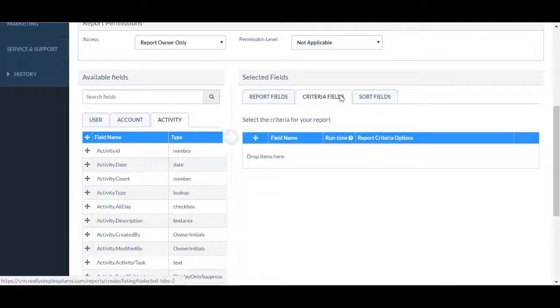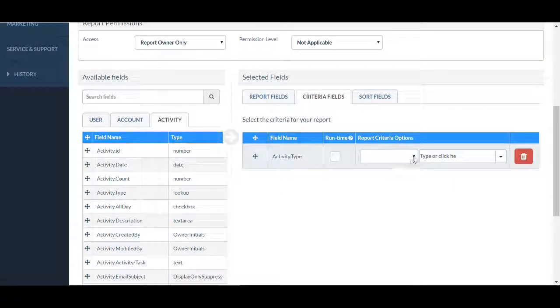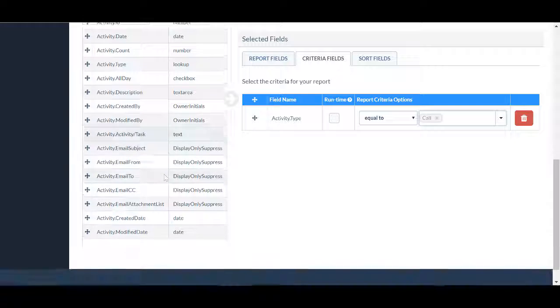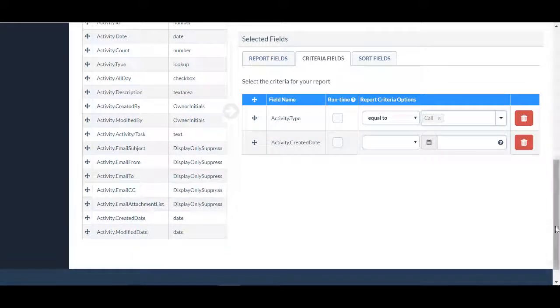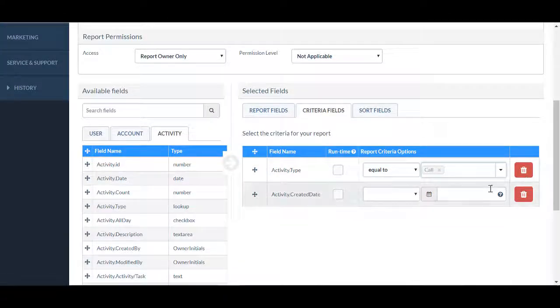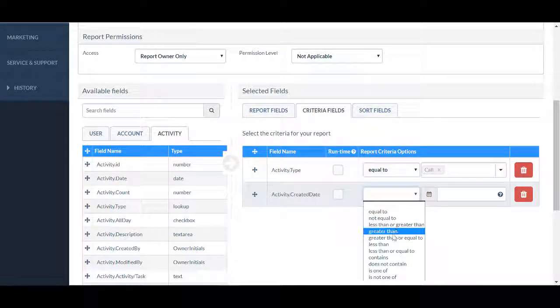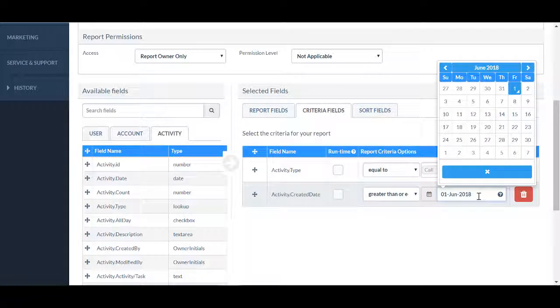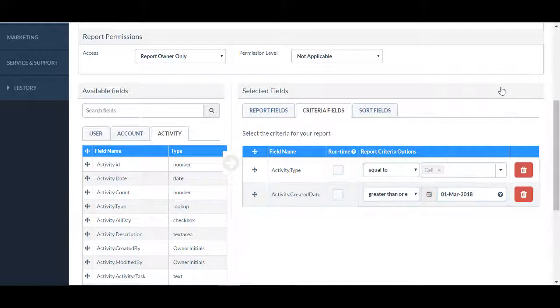On the criteria fields, if I add in the activity type and set that to equal to call, it'll pull up my calls, and let's also specify the date range so that I don't want everything, I just want the last 6 weeks. So if I set up, let's say greater than or equal to, so anything after, let's say 1st of March,